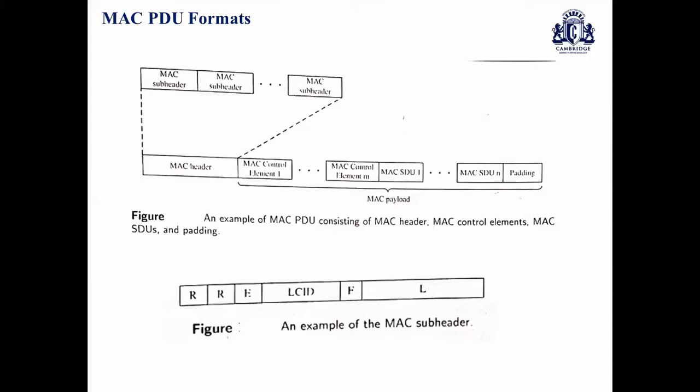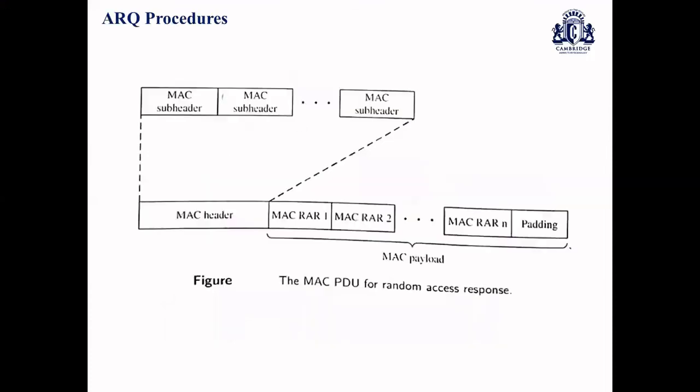The last segments of discussion were the MAC and RLC segments. We need to know about ARQ procedures. So what is ARQ? The automatic repeat request procedure has an efficient two-layer retransmission scheme. One is the fast HARQ protocol, which is done in the MAC layer, and the other is the selective repeat ARQ protocol, which is done in the RLC layer.